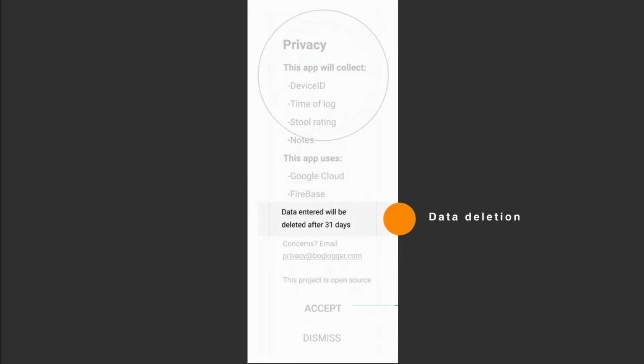And if I have a data deletion policy, I don't need to know what I pooped more than a month ago. Why does my app backend need to keep that data? So I'm going to